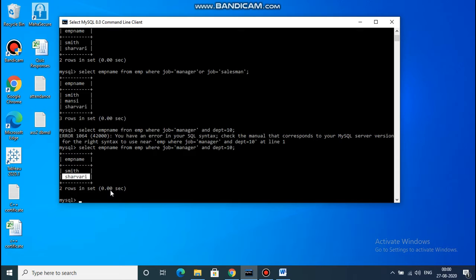Next DML query, we have to display the emp name with job in ascending order of salary.